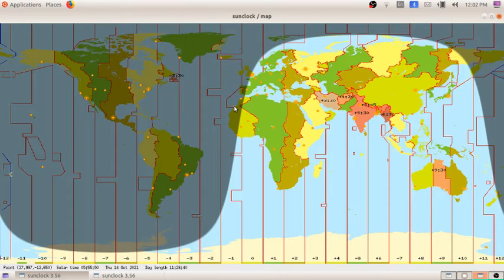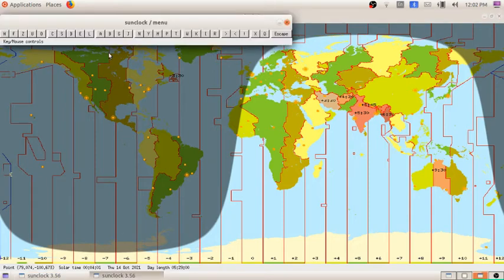Here on page number 76 you can see what is known as the solar time and the legal time. Legal time is the standard time. When we open the Sun Clock software, you can see it is now in solar time. Here I am changing to legal time. This is the legal time, 12:02. On my computer also you can see the standard time, the current time, which is also known as Greenwich Meridian time. It is known as the legal time.